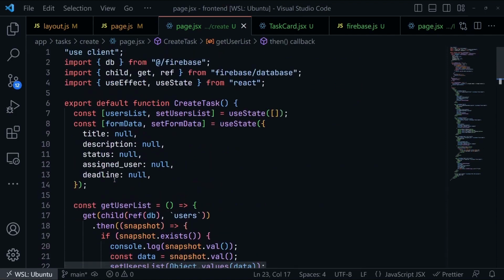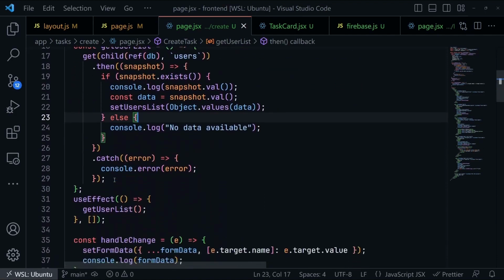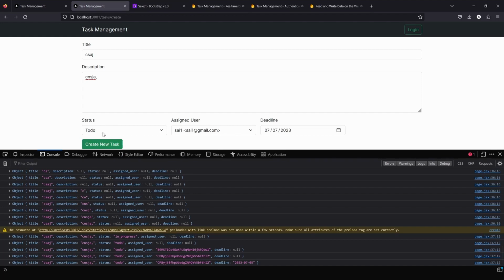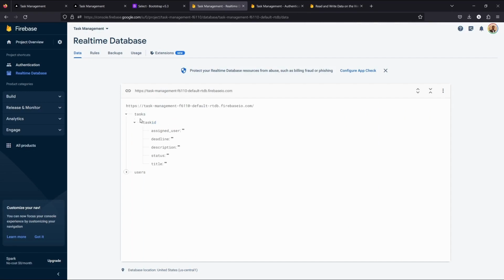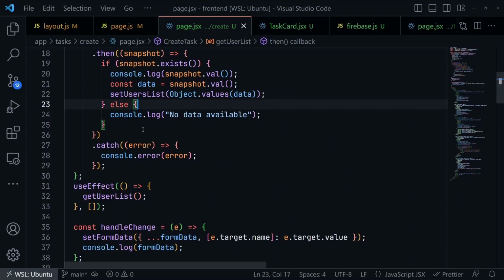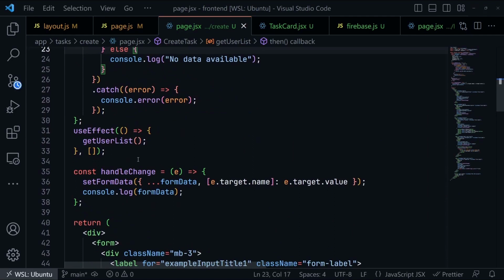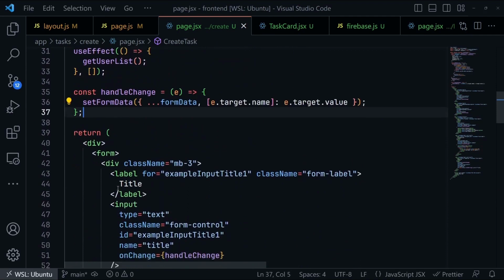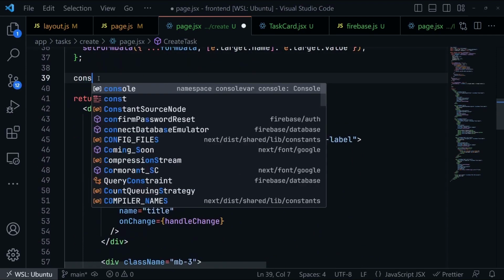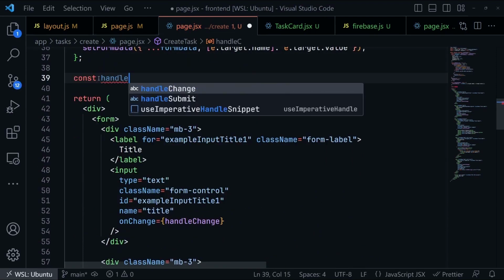So now the next step is to take this data. Whenever we click on this handle submit button, we have to take this data that's present inside this object, and then we have to store it inside our real-time database over here, like as a new task. And we have to assign a new task ID for that. So first, let's check that. So I'll just remove this console log, and here let's create a new function for handling submit. Handle submit,